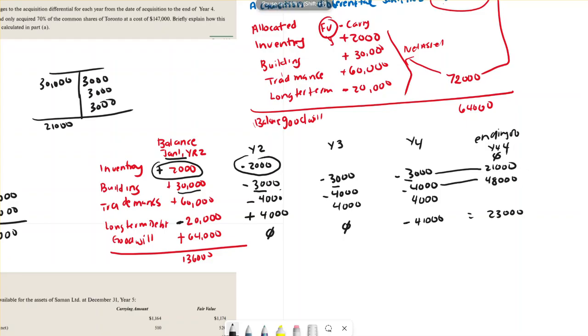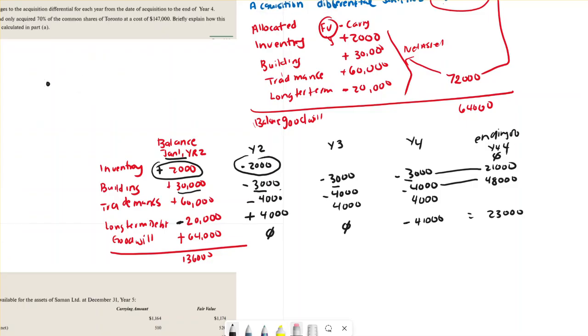In other words, this will go through the accumulated depreciation: the cost minus the accumulated depreciation equals your net book value. Net book value will be your 21,000, and the net book value of your trademark will be 48,000. The net book value of your debt will be a negative of 8,000 because we have 2 more years to pay off our debt. We already know the value of your